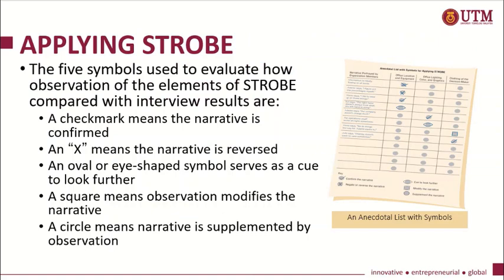One way to implement STROBE is through the use of an anecdotal checklist with meaningful shorthand symbols. 5 shorthand symbols were used by the system analyst to evaluate how observation of the STROBE elements compared with the organizational narrative generated through interviews. The details of 5 symbols as in the